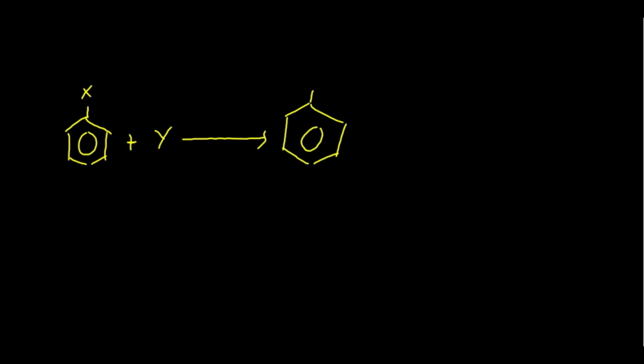Alright students, now we will see what are other positions of Y if we have mono-substituted benzene, like we have a benzene molecule. We make the mono-substituted benzene in which X is present, and we want to induct the second substituent, that is Y, in the benzene ring. Then we will see what are the possible positions of Y in the benzene ring, यानी Y जो है वो benzene ring पर कौन कौन सी positions पर आ सकता है, ठीक है? This is X. Now maybe Y would come at, Y जो है benzene ring में मजीद किस position पर आ सकता है? Maybe Y would come at this position, ठीक है?